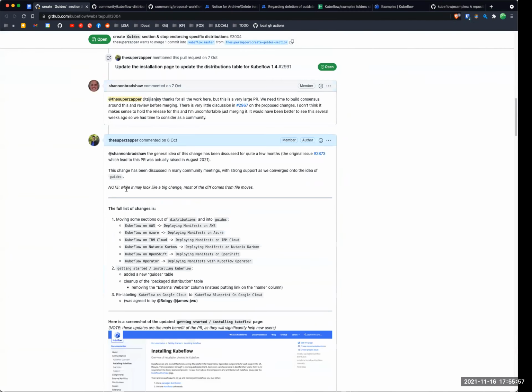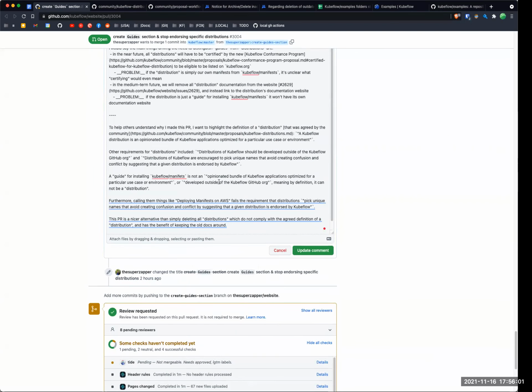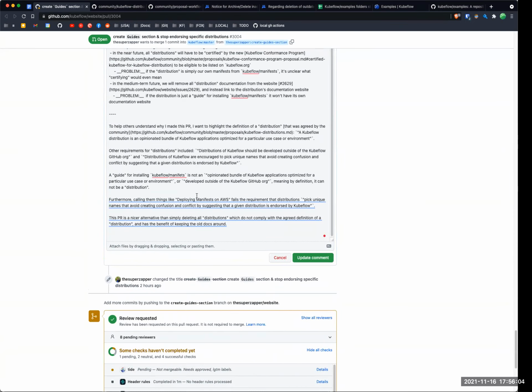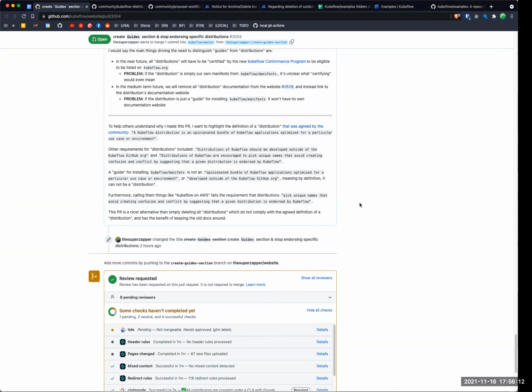So the point is, there was someone complaining to me, a lot of these people are day in day out creating software, and this is just a red herring which has been going on and just distracting people. So the point is, call it deploy Kubeflow on AWS, but just on the first page have a very strong line: hey, this is supported, not supported. This is just a set of instructions.